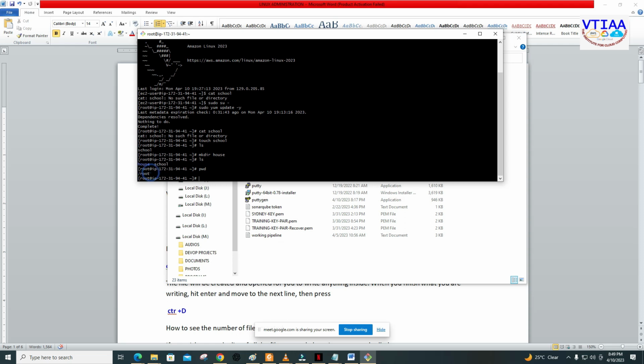I am located in the root user. Okay, I'm located at the level of the root user. Now I want to move into the repository or into the directory house. I created this directory house. I want to move into that directory. The way that I can move into that directory is by running the command cd. When I run cd and then I write house,